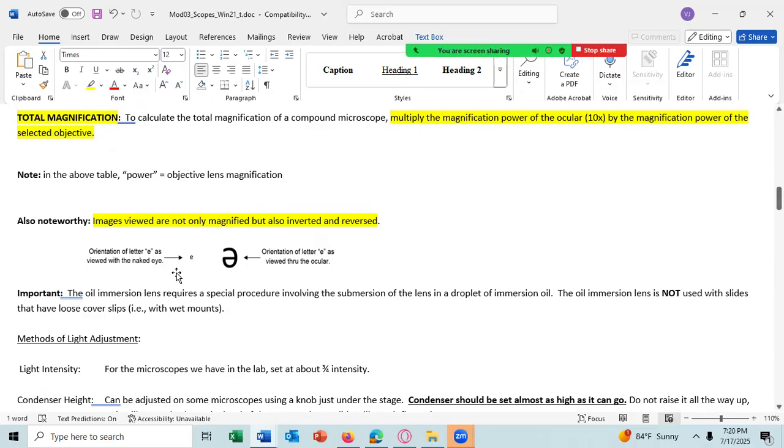For example, there's the letter E that we can see with our eye. If we were to see it under the microscope, it would look like the letter E here. It is magnified, but it is also inverted and reversed. Any questions about any of that?